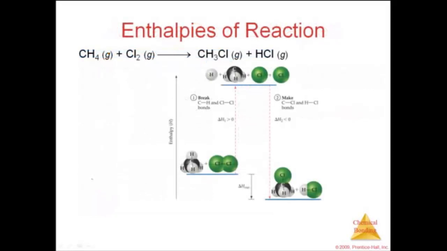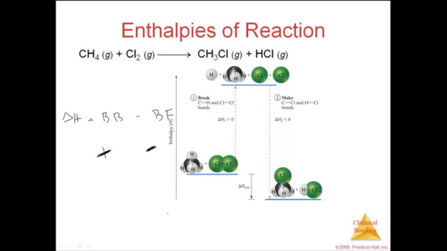Now if you look at enthalpies of a reaction, and again P in this reaction, you can look at bonds broken minus bonds formed. Now this gets a little confusing because it's always products minus reactants when we did the change in enthalpy before. What you need to know is bonds breaking always is positive energy, and bonds being formed is always a negative